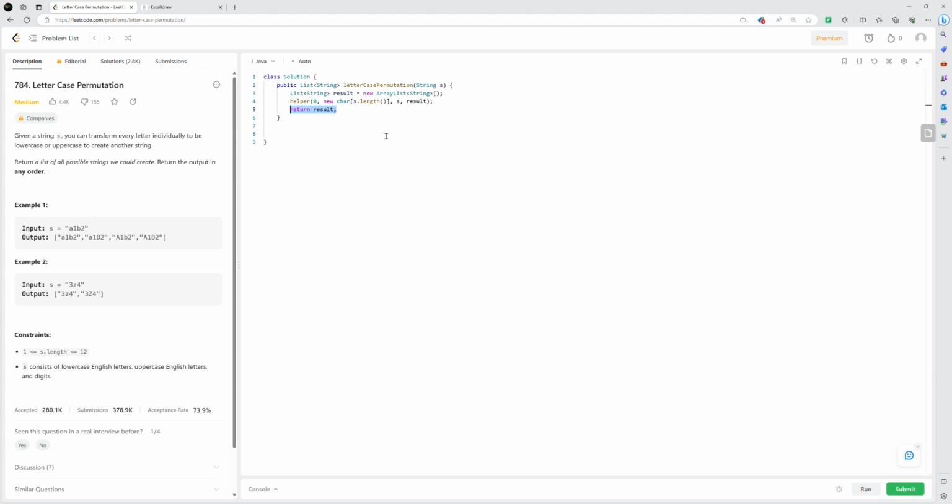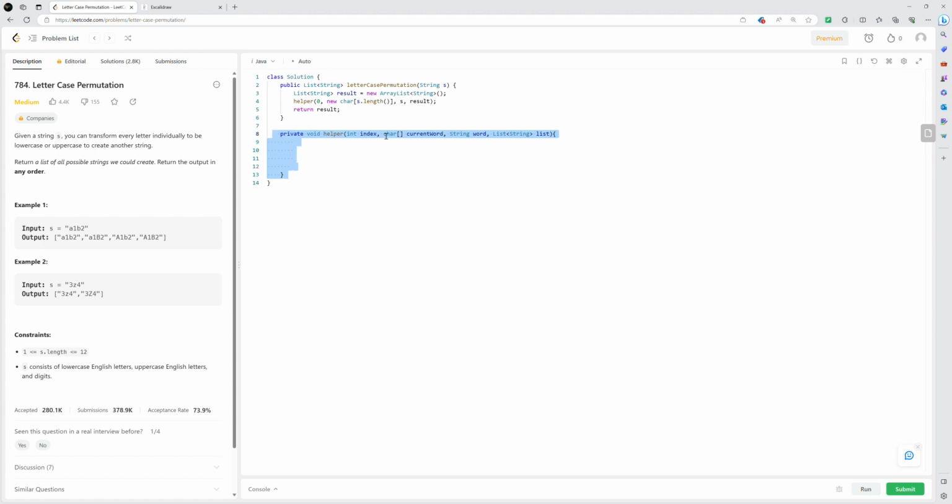Now to the main part of this problem. We will define the helper function. As we said, we are passing the index as the first parameter, and as we traverse the recursion tree, this index will be changing. It will be incrementing or decrementing based on which direction we are going in the recursion tree. Current word will be the current word that we are trying to generate. The word will be the set of candidates. It will not change, and the list will be the list of strings